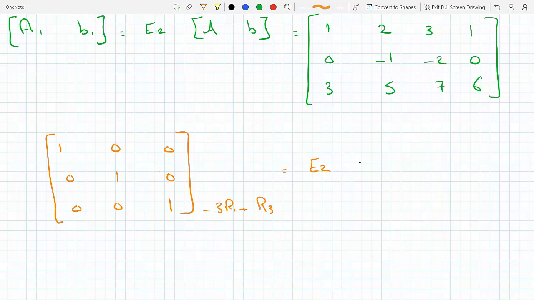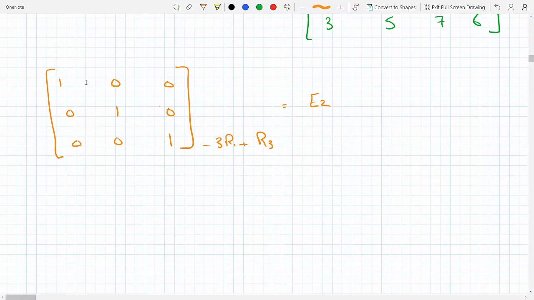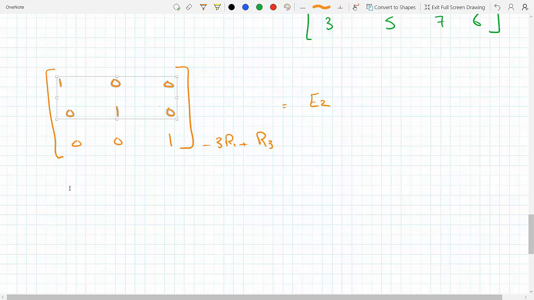So E2 will be the first two rows aren't going to change, so let me copy and paste this here, or here probably. Yeah. So this will lead me to E2, which is equal to,